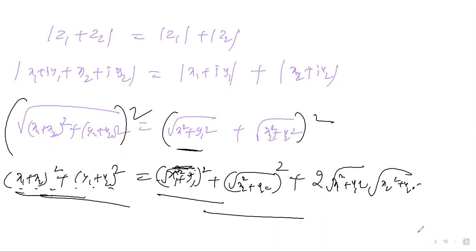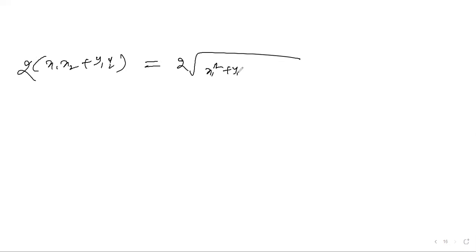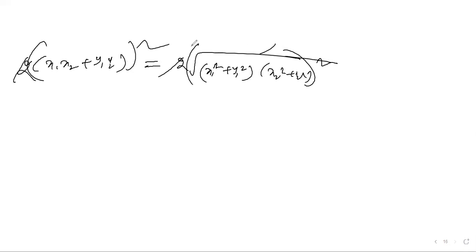I'm writing it approximately. You should start working over here. You can understand x1 and x2, y1 and y2, two times of that you'll get. On the right side you'll get again x1 square plus y1 square into x2 square plus y2 square. Then again you can cancel the 2, and again square on both sides because this root is not required. Now all the roots are cancelled. After the final simplification, what you are going to get as the answer is x1 y2 and y1 x2, and x2 y1, after the entire simplification.